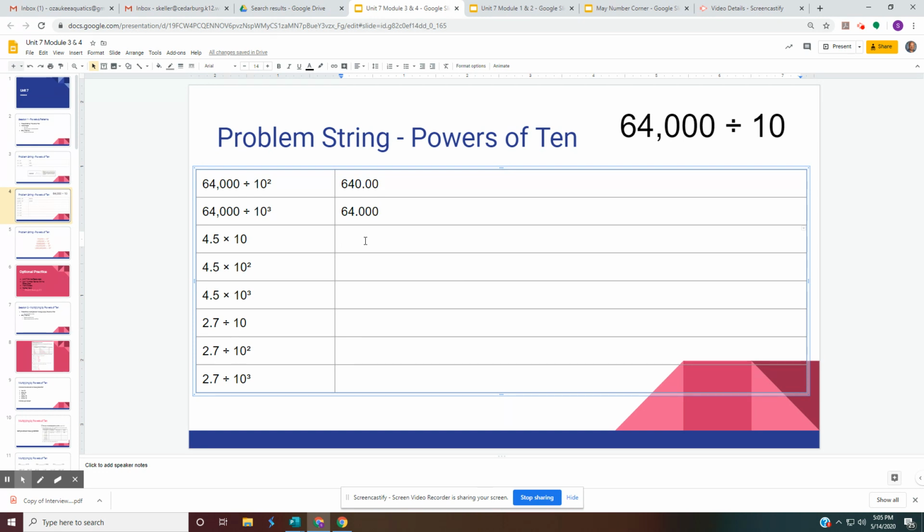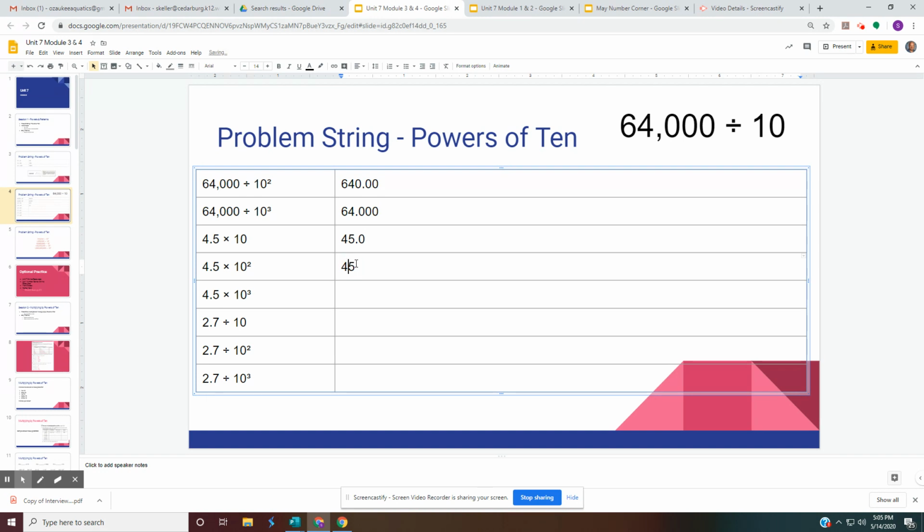So I have 4.5, or I'll put 45. This is where my decimal point is. And it says I have to move my decimal point over one spot to the right because it's 10. I only see 1 zero. So I have 45.0. But if I take it to the power of 2, I have